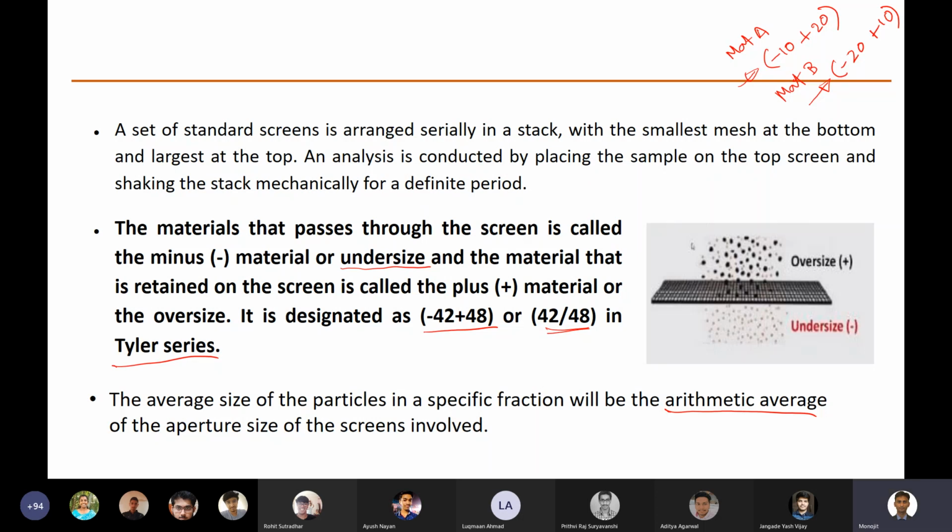Nothing else. This 10, 20 is what? These are mesh numbers. Right, this is what I told you. So obviously the smallest mesh number will come first, then the biggest mesh number will follow, in case of Taylor series or international standard. But for the Indian standard, it would be reversed. So both are true. If I say that material A is from this and material B is from this, only the screens that are used to define these two materials are different. The second is standardized based on Indian standard, and the first one is standardized based on international standard. Nothing else. So if you see the numbers reversed, don't get confused. It's the standard that is being used.